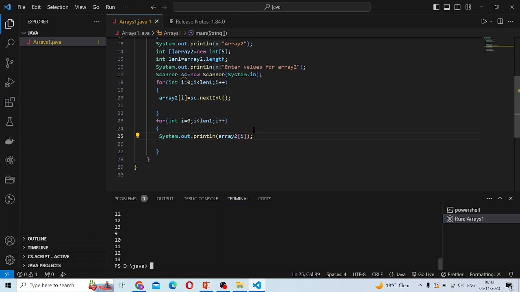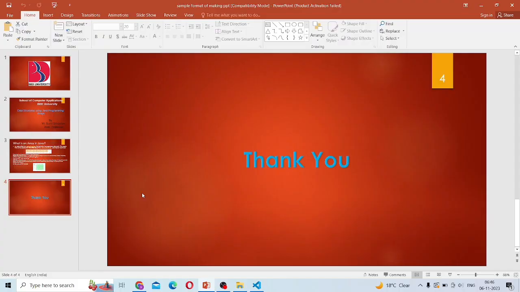So in this way we have created an array in Java and initialized it in two ways, that is the static initialization and dynamic initialization. And we have also learned about the length property of the array, that is used to calculate the length of the array, in the program in which we created a simple array and initialized it in two ways. But there is more about arrays in Java which we'll see in future videos,